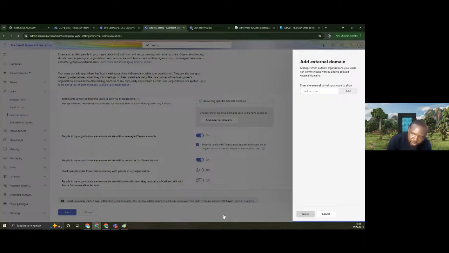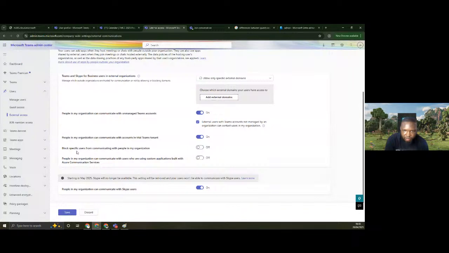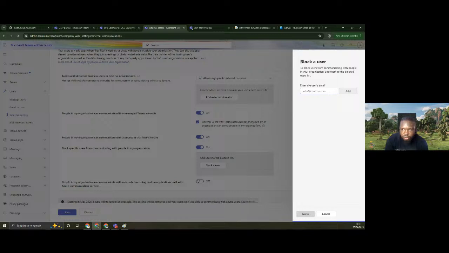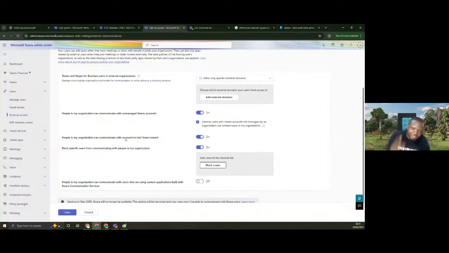But if we come to this other feature here, block specific users, you will see that it is john@contoso.com. So you can decide to block one particular guy from the domain. While you allow the domain, you can as well decide that you do not want your users to have interaction or rapport with a particular guy in that tenant, for a reason that maybe only you can explain.